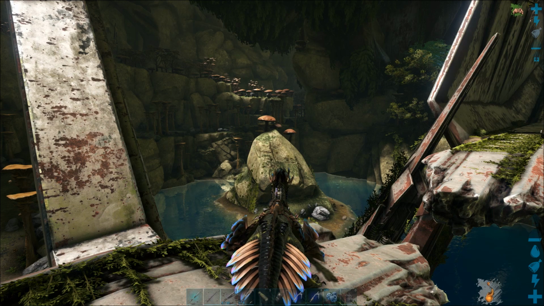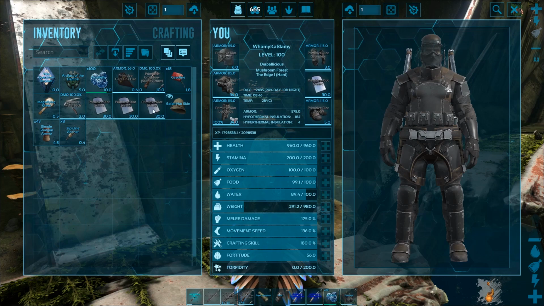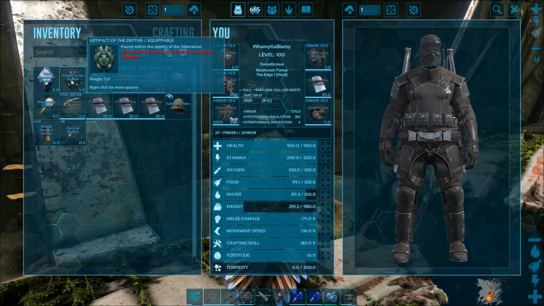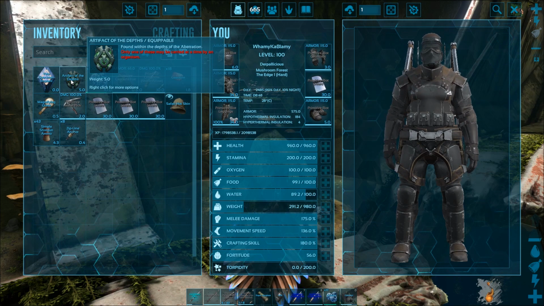Hi guys, so I finally got my arse in gear and I'm going around collecting all of the artifacts on Aberration. I'm going to show you how to grab this one here first. It's the artifact of the depths, because this one here you don't actually need any particularly good gear to get